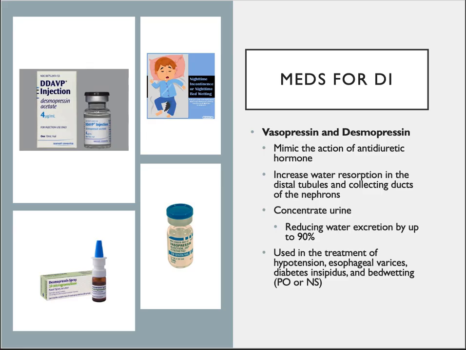So how do we treat DI? Well, remember how I said the other name for ADH is vasopressin, and we have synthetic vasopressin. We also have a medication called desmopressin. Both of them mimic the action of antidiuretic hormone. It comes as a nasal spray, as tablets, and as an injection. When we inject vasopressin IV, the kidneys start to resorb all that water. So all of a sudden now we've got some antidiuretic hormone. Now this isn't going to work for the nephrogenic, but for the neurogenic DI, this is how we do it.